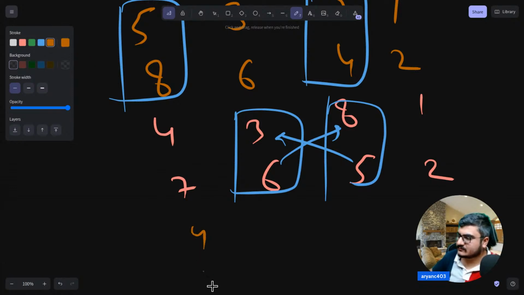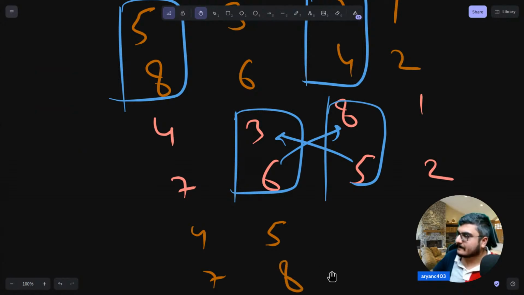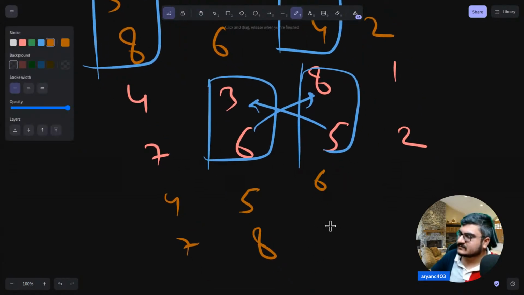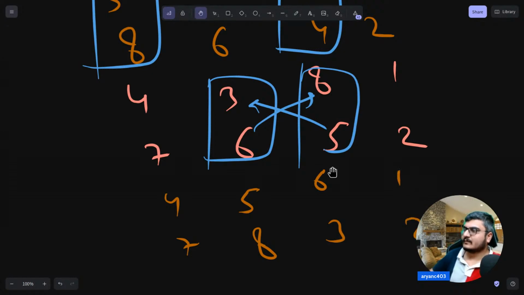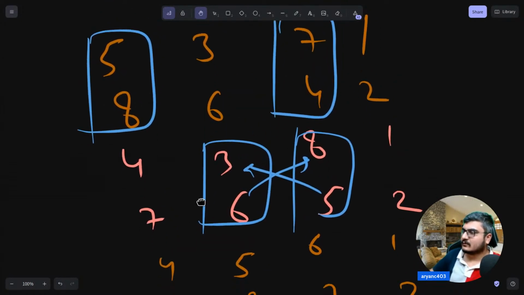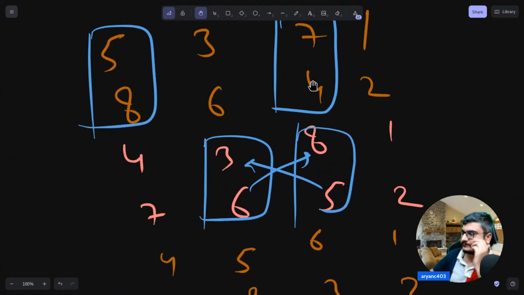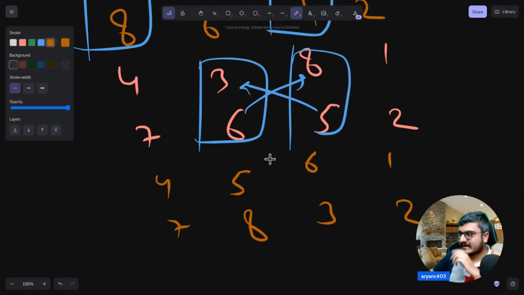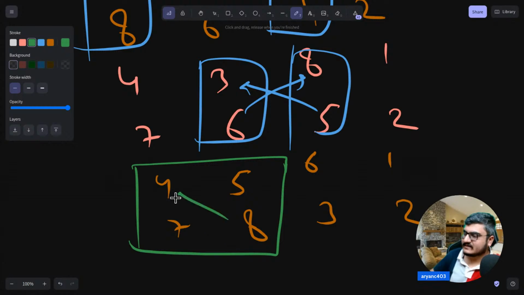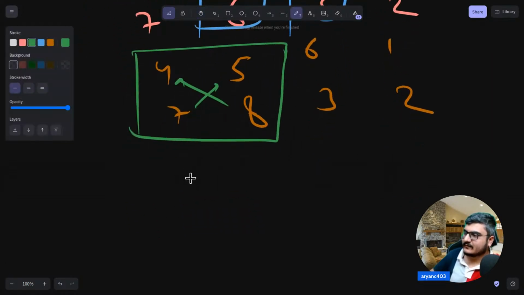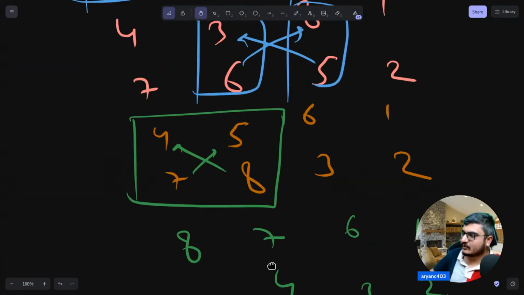We ended up with 4, 7, 5, 8, 6, 3, 1, 2. A swap between these two. And let's say we swap numbers here now. This 8 ends here, 4 here. We will end up with 8 5 7 4 6 3 1 2. Now notice, we started with